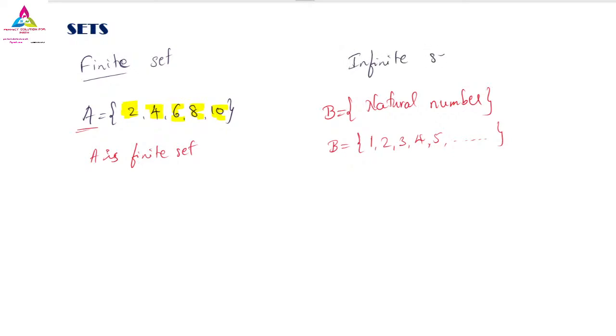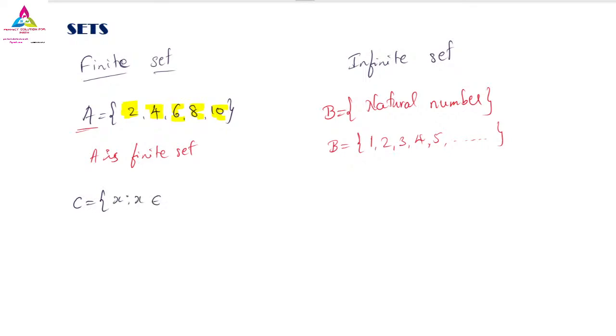Yes, infinite set, very good. Infinite set means not having a finite number of elements. Infinite means countless, meaning we can't count them. So if you have a set with that type of elements, it is called an infinite set. That is not difficult. So similarly, we can take one more example,